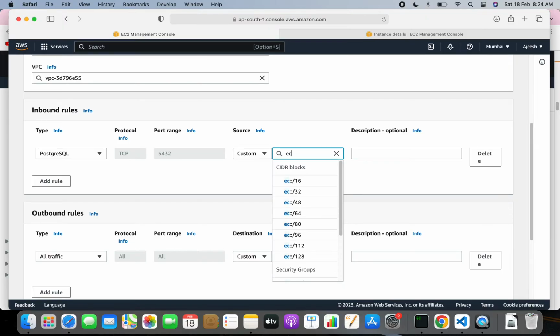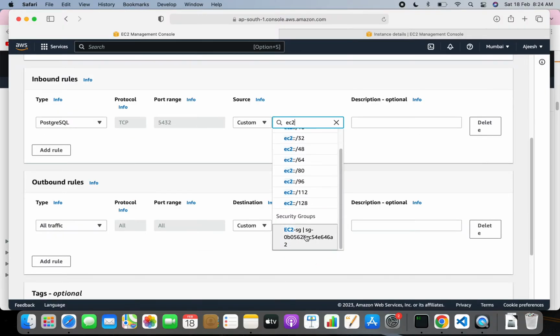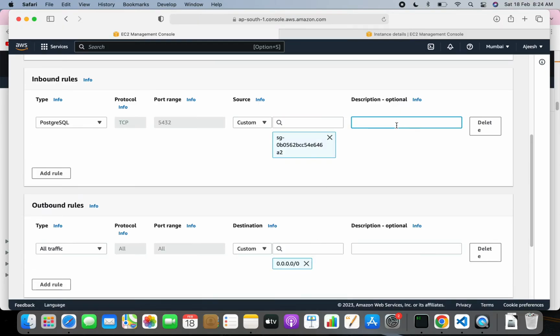So we will say EC2. So here we have the security group. It is possible to select a security group in the inbound rules of another security group. So here we are selecting the EC2 security group. What does that mean? That means allow